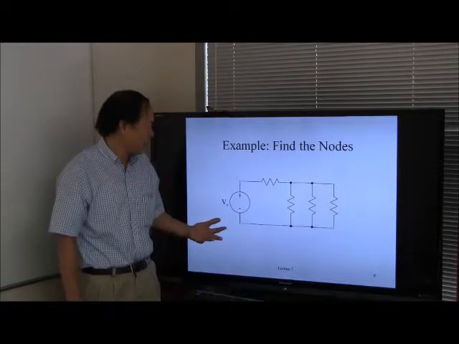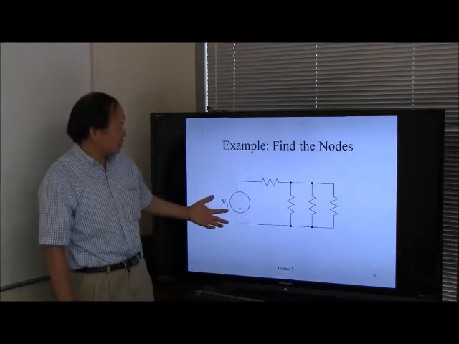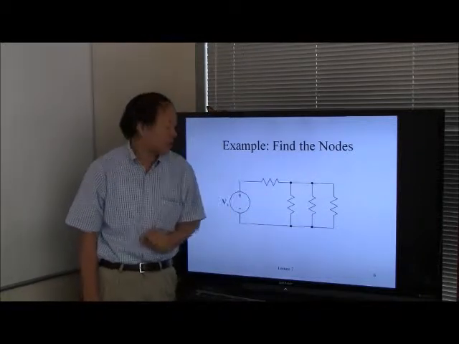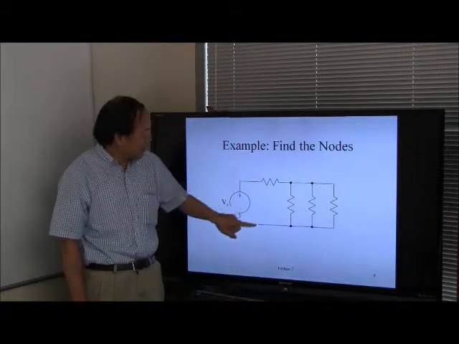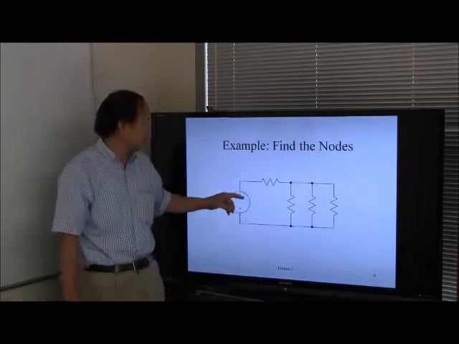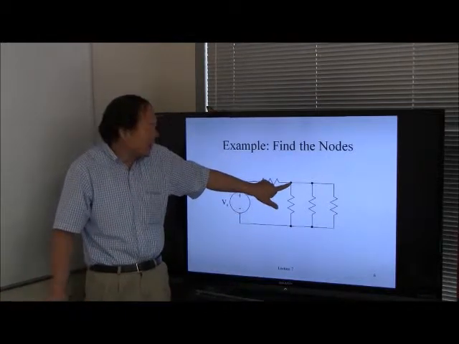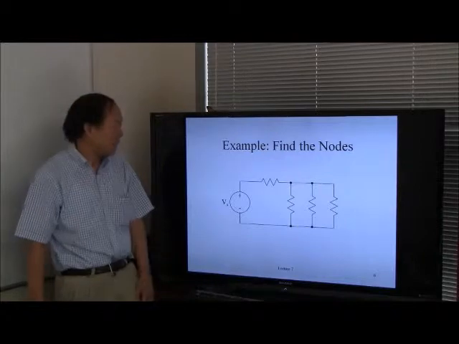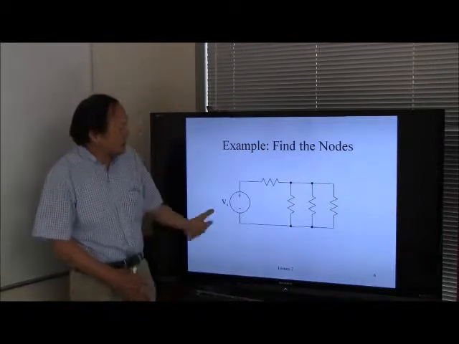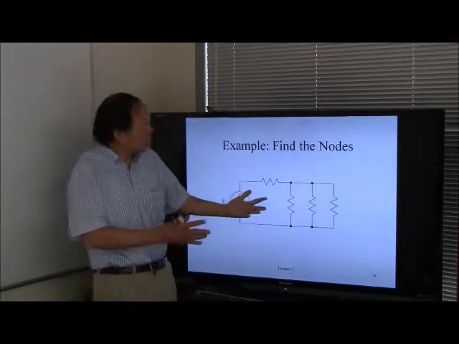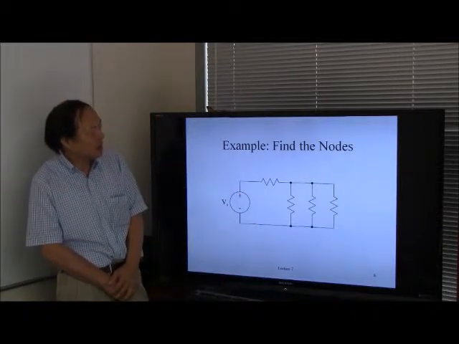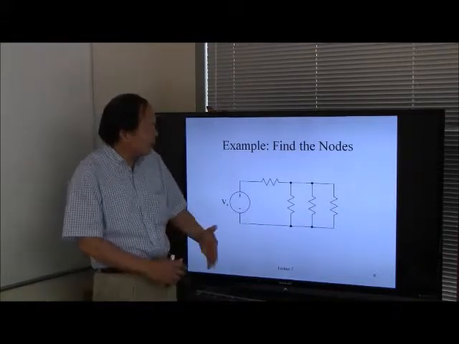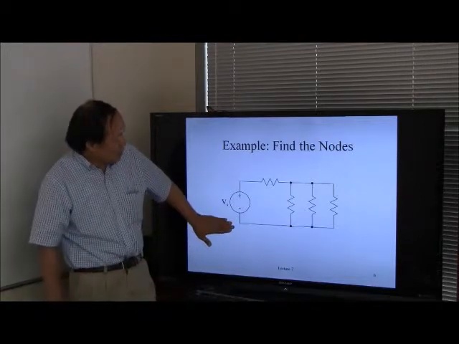The question is, how do you find the nodes here? Now, if you look at this, you have the elements, which are the voltage source and 1, 2, 3, 4 resistors. And it looks like, if you do a very simplistic counting, this looks like a node in the usual sense, and this looks like another node. And you may say there are 4 nodes there, which actually is not correct. So the answer, and I can leave it to you to look at it for a few seconds and tell me how many nodes there are. It turned out, after looking at it for a brief period of time, there are